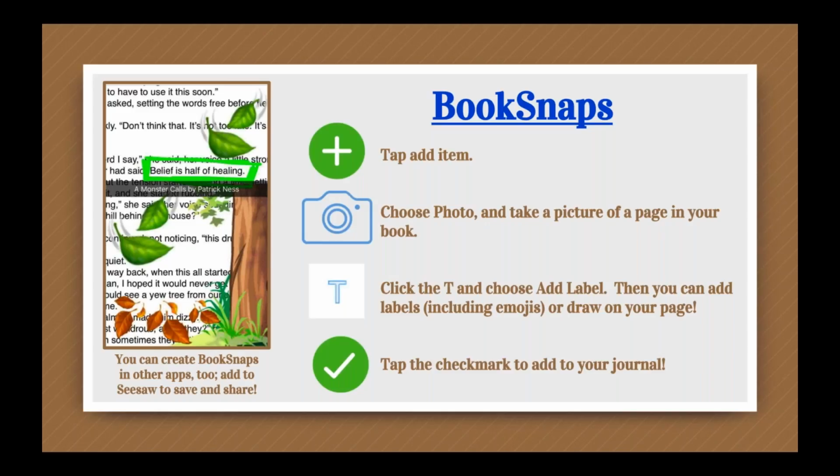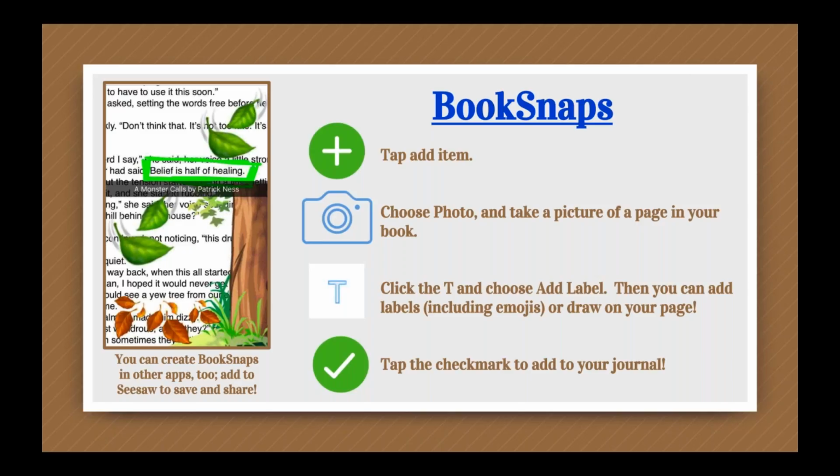Let's talk for just a minute about book snaps, because I taught big kids and this is something that really resonated with them and that they really enjoyed doing. In fact, what you can see pictured at the left of your screen is actually a book snap created on Snapchat, which sometimes big kids are allowed to use. So you can create a book snap in another app, but you can also, of course, create it right in Seesaw using the labels and text and emojis. But I wanted to make sure you had the step-by-step instructions for how your students could do a book snap if you want them to do that as part of their reading response.